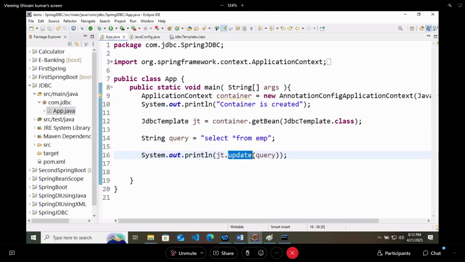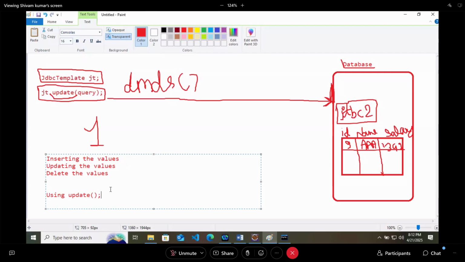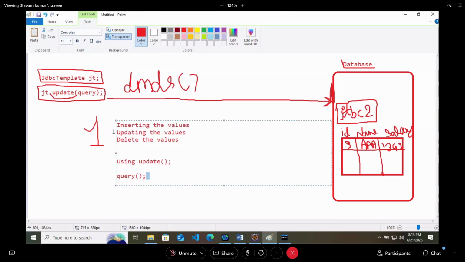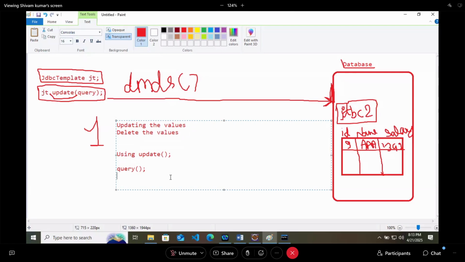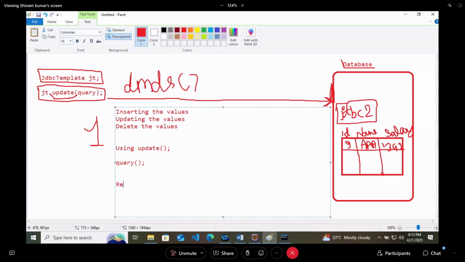Then what do we use for fetching the values? The query method. The simple query method we use for fetching the values from the database. For that you should have complete knowledge of the result set from your normal JDBC.